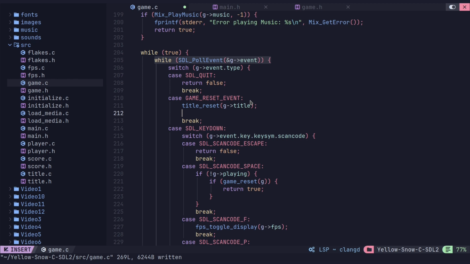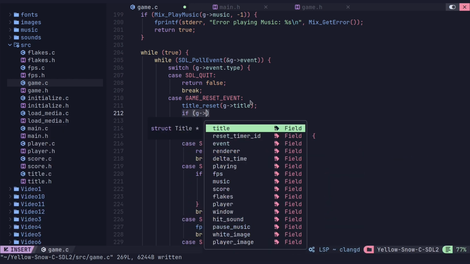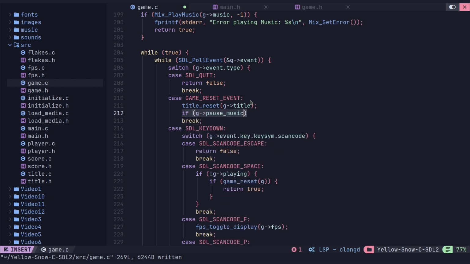So we're going to do an if on that. This is saying the intent of the player. If the player doesn't want to listen to music, we're not going to restart it. So if not pause music,